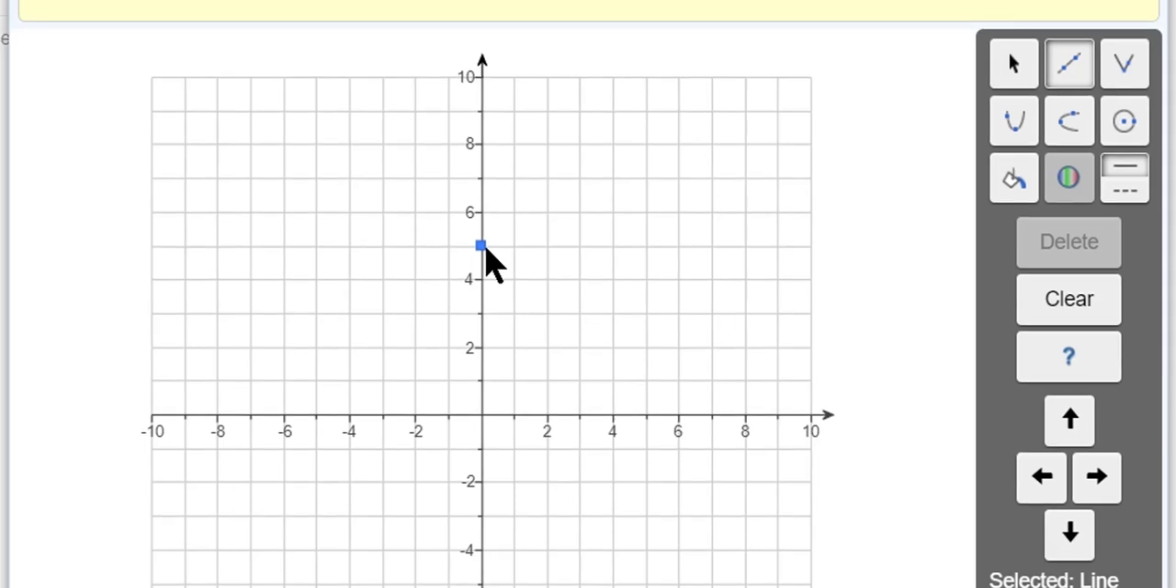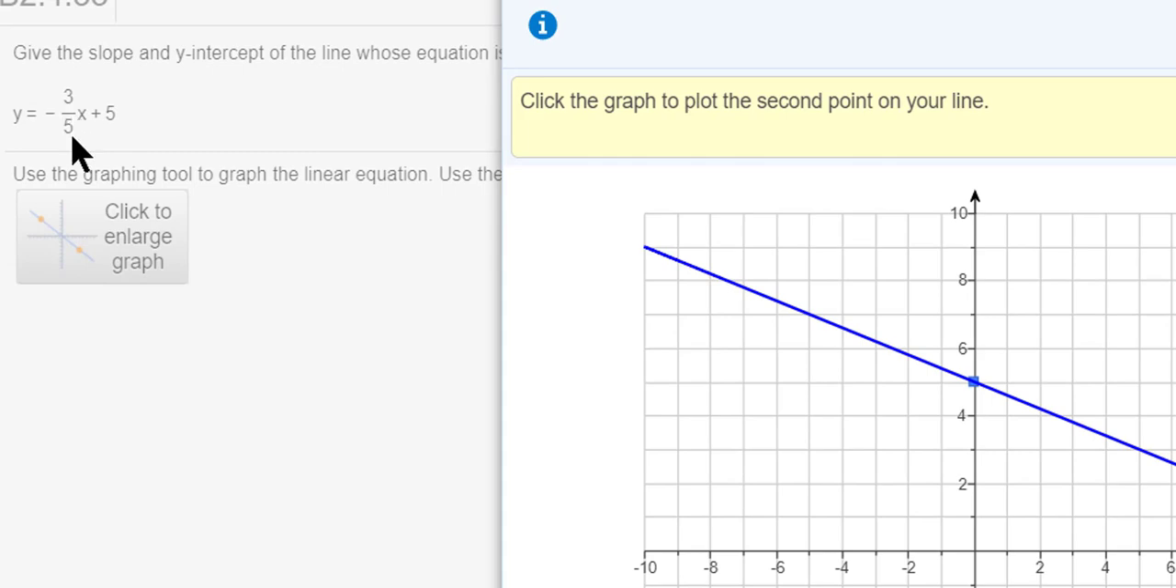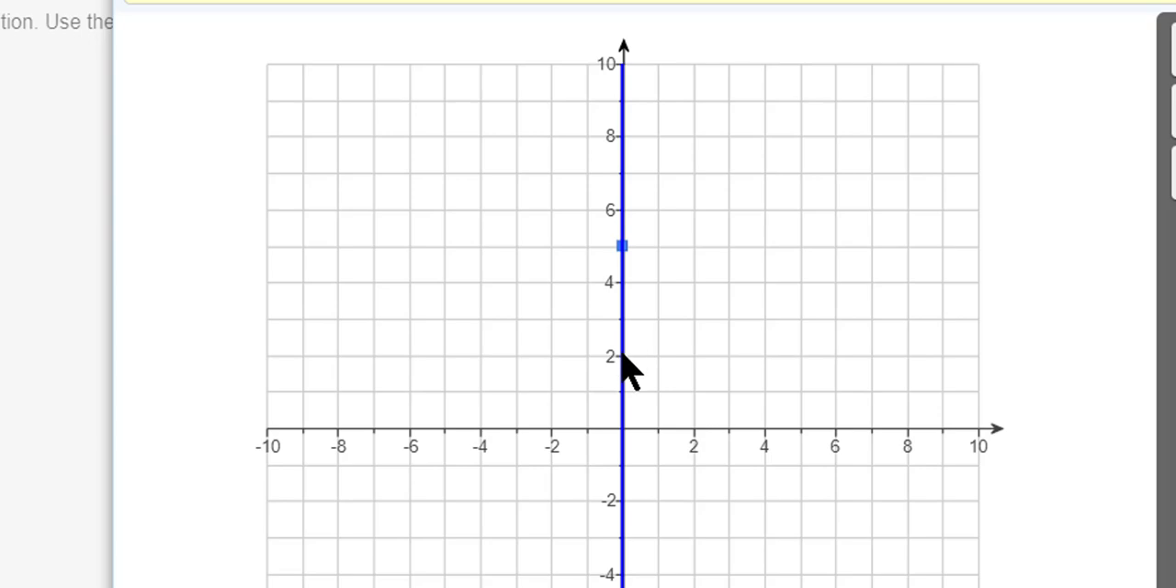And now, when I think about the slope, we think about rise over run being the slope. So I can go down 3 units and over 5, right? The rise would be -3 units and the run would be +5. So if I go down 1, 2, 3 units and over 1, 2, 3, 4, 5, that would be another